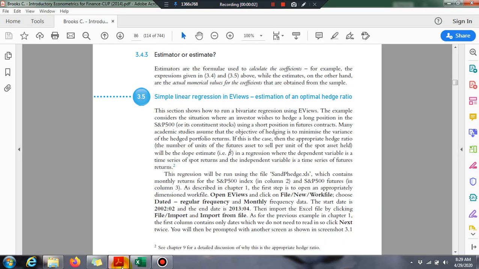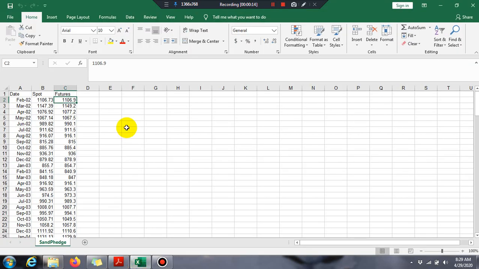Hello dear student, this part of the video will cover the simple regression in Eviews estimation of an optimal hedge ratio. We have data of spot and future contracts. This example considers the situation where an investor wishes to hedge a long position in